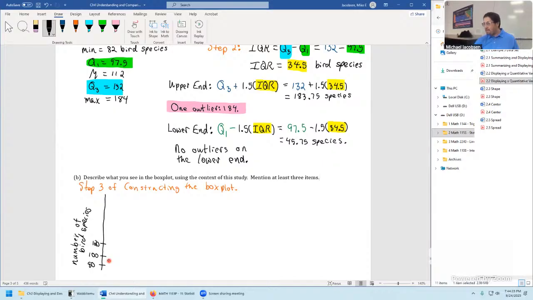The real challenge here is to try to make equal tick marks, but do the best you can. 140. Here's 160 species. Then finally up here, 180 species. Well, not quite, right? We want to contain the data, so we should still go up a little bit further. Barely made my scale long enough to 200 species. Finally, this will contain everything, and our box plot is going to live somewhere out here.